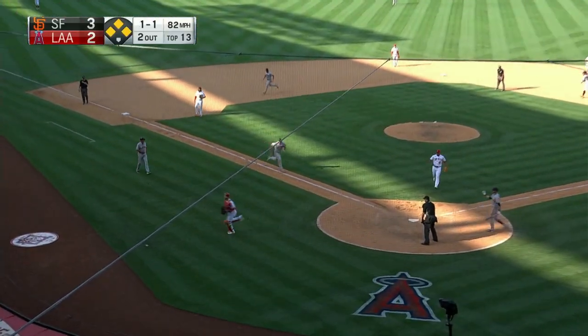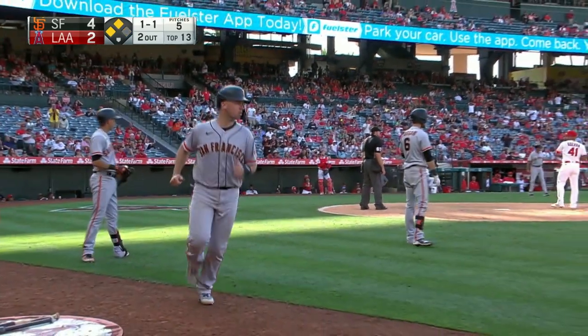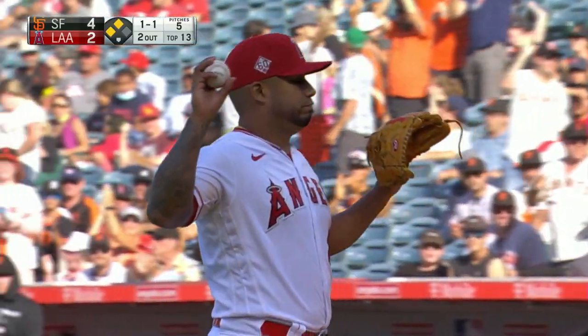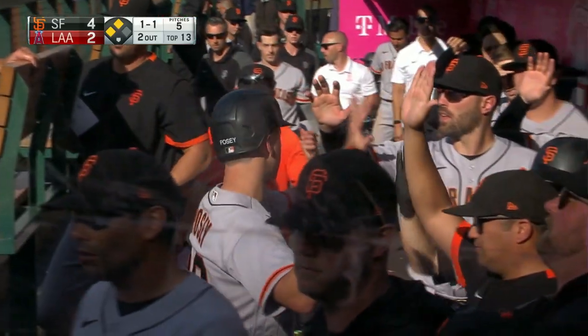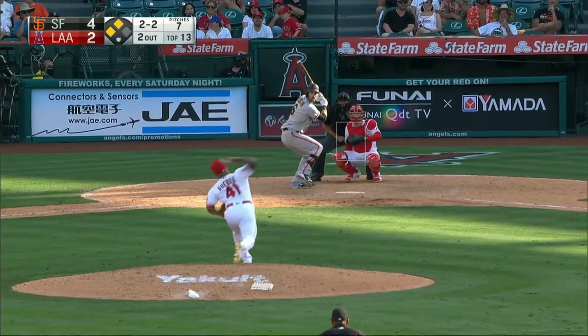And that one gets away. And the run will score. Huge. The Giants have parlayed a free base runner, 3 walks, and a wild pitch into 2 runs in this inning. Duggar got the big hit in the 12th inning to put the Giants ahead, but then